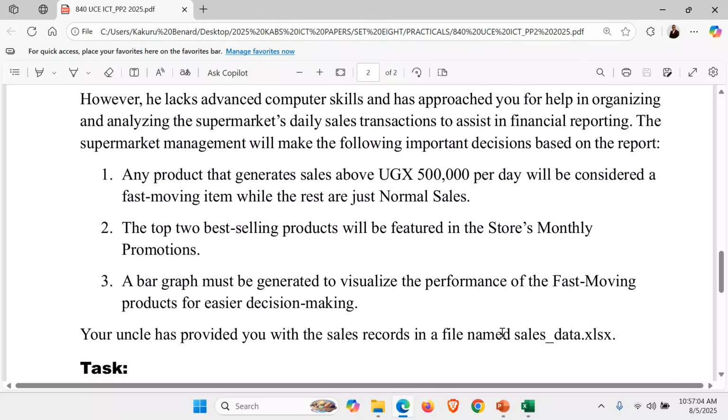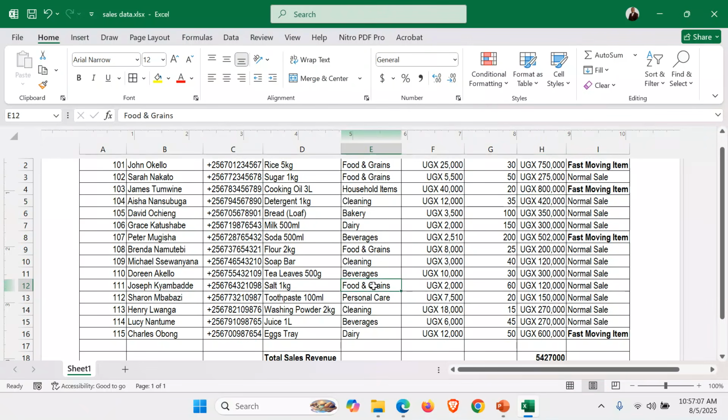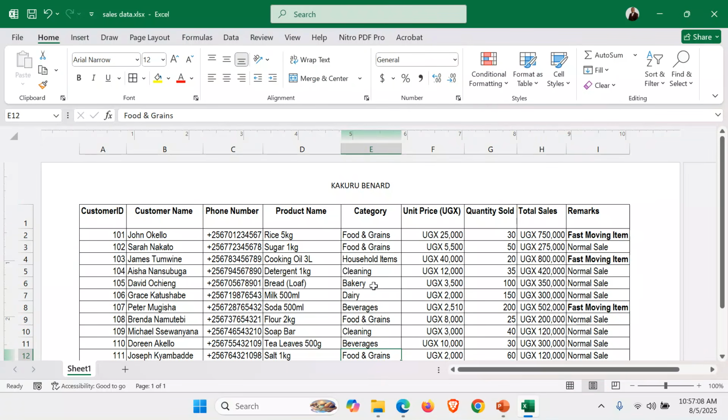So that means that now, after doing this, you can decide to do advanced functions in Excel so that you filter out those which are fast moving items and then also the best 2 selling items. Or from there, if you are not going to do the filtering from here, go and create queries